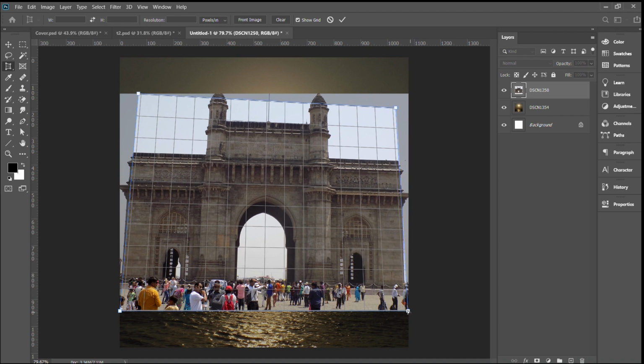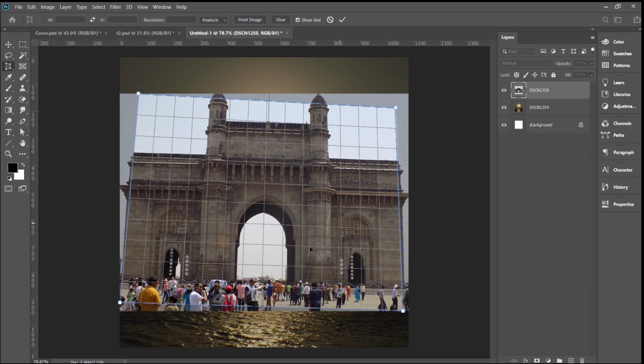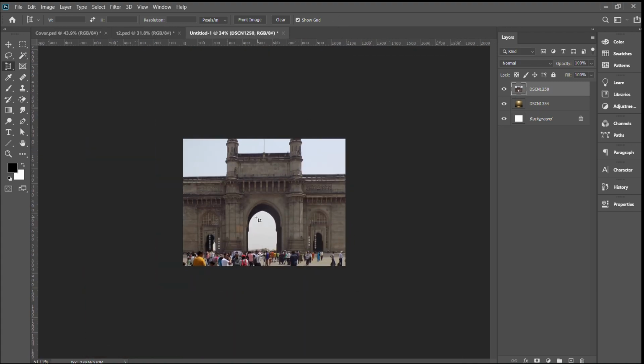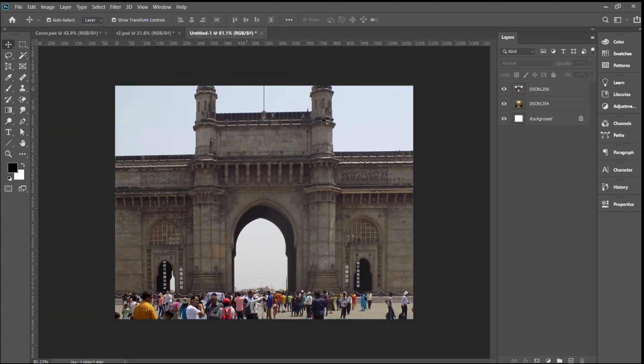After matching, click on the tick to apply the effect. So this straightens the image as well as crops it. You can practice straightening a few more images. I'll make a complete video showing all the ways to straighten in an easier way. There are many ways to straighten the distorted image. Perspective crop tool is one of them.